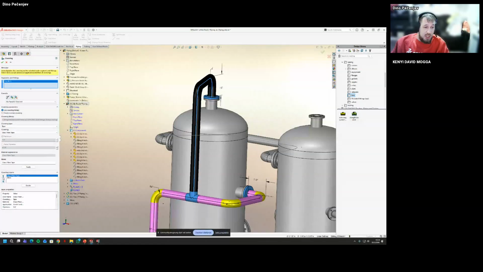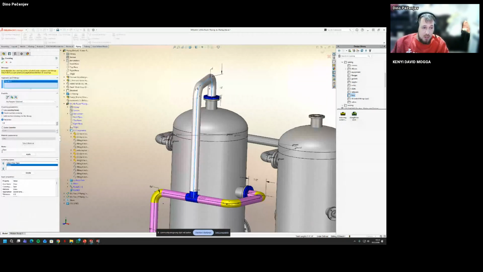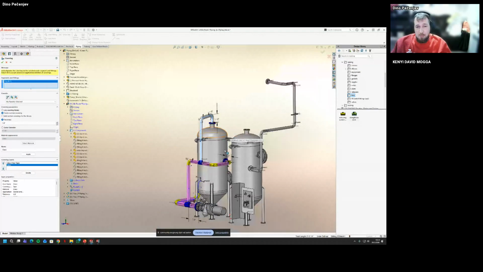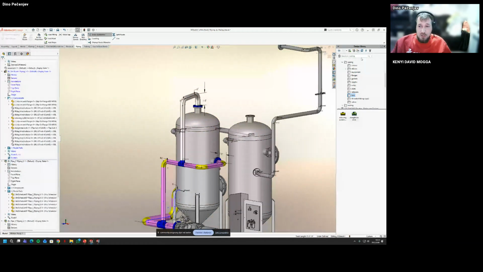I can also change the position of which part of the covering is located. And if I need to edit it, I can just run the command again, select the same part of the routing, and it will show which routing coverings I used.